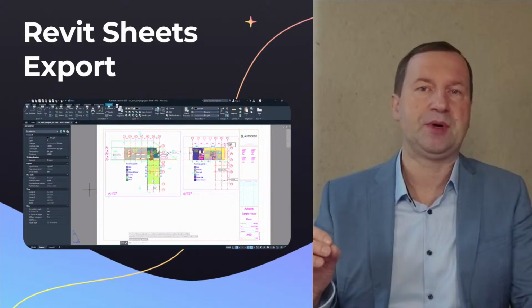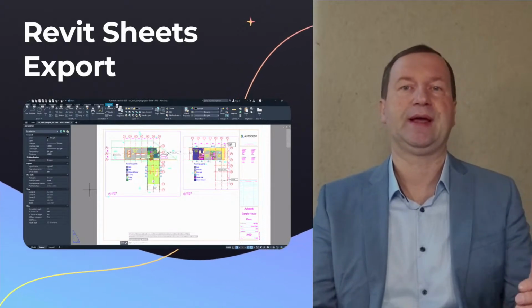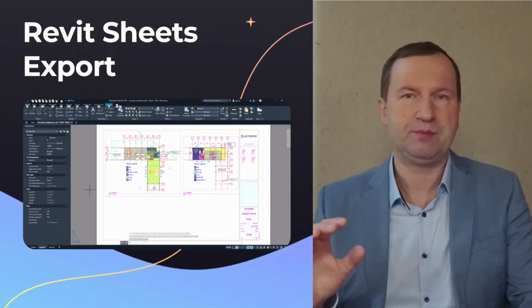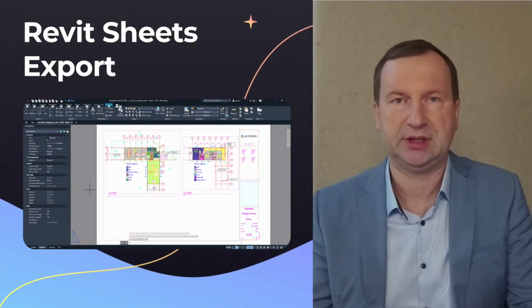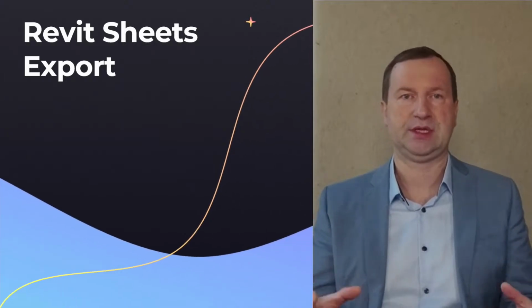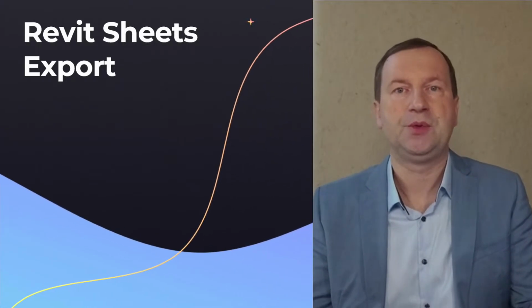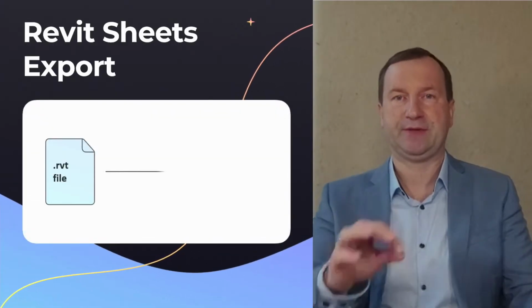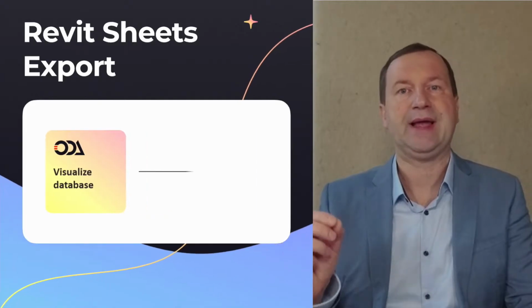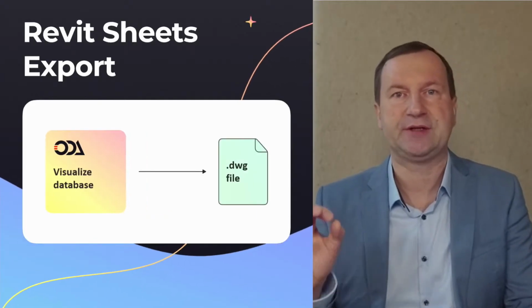The ODA BMRE SDK does not have this capability, but ODA received many requests for such functionality. After some discussion, it was decided to use Visualize SDK for this task. Visualize SDK can import data from Revit into Visualize, and it also has the ability to export data from the